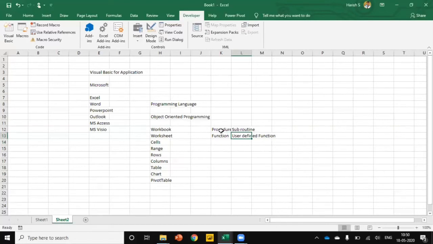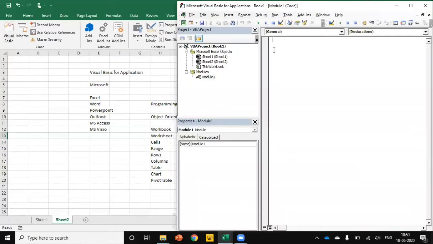So now we are going to start with procedure. I'll go to the Visual Basic Editor window. You can see that a blank page is available. So this is the module. I can rename this module name. Go to the Properties, first module. And you can add multiple modules over here.